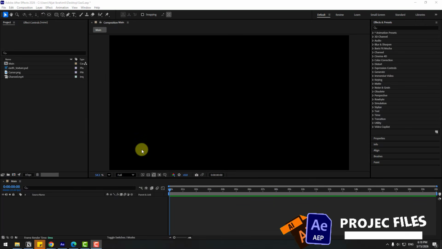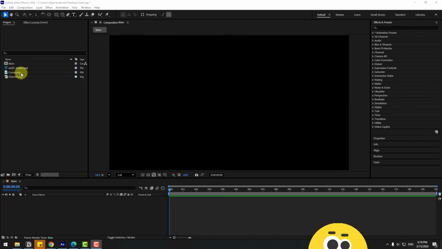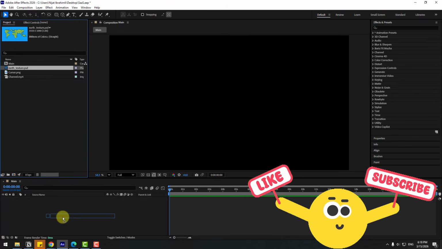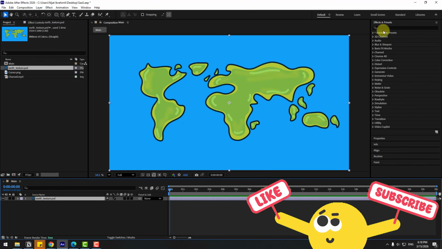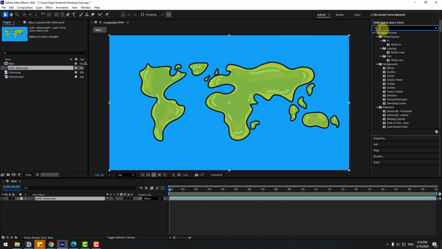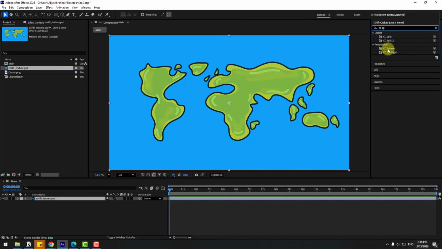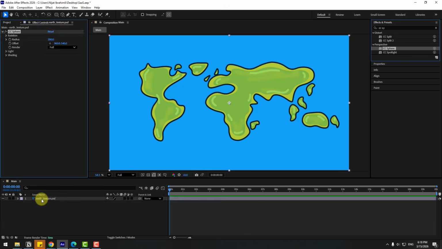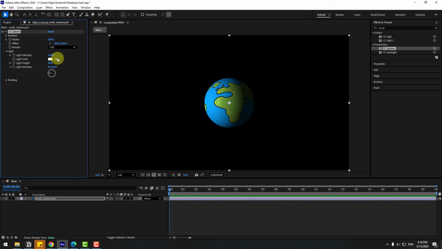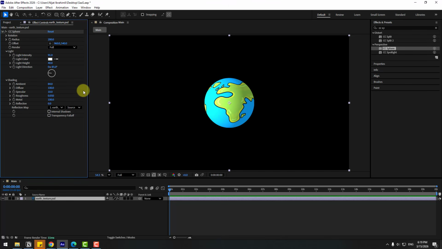So guys, welcome back. First, let's choose this earth texture, drag and drop it into the composition, and go to Effects & Presets, search for CC Sphere, and choose CC Sphere. Use it for the texture and open the light settings. Let's change the light intensity and shading, change the ambient like this, and again the light intensity. Okay, that's good. This time, go to radius and change the scale